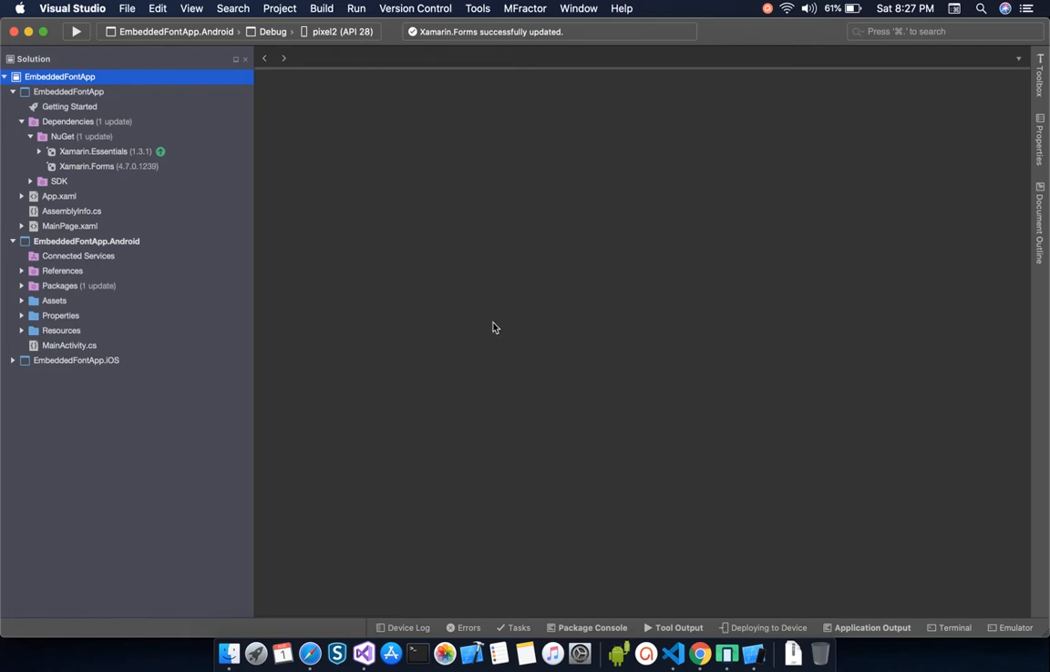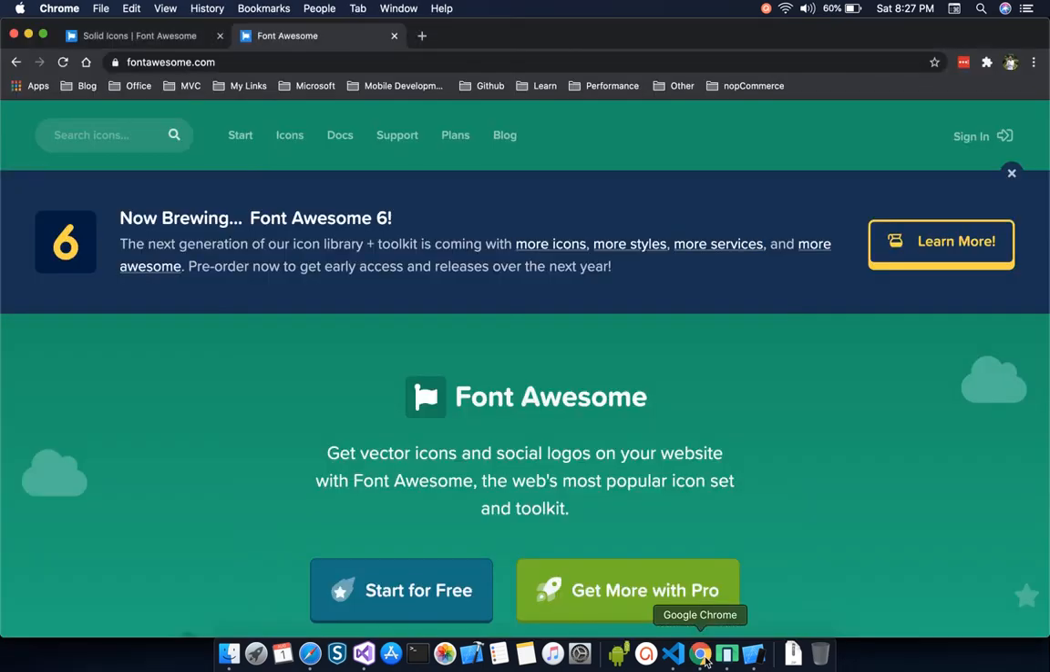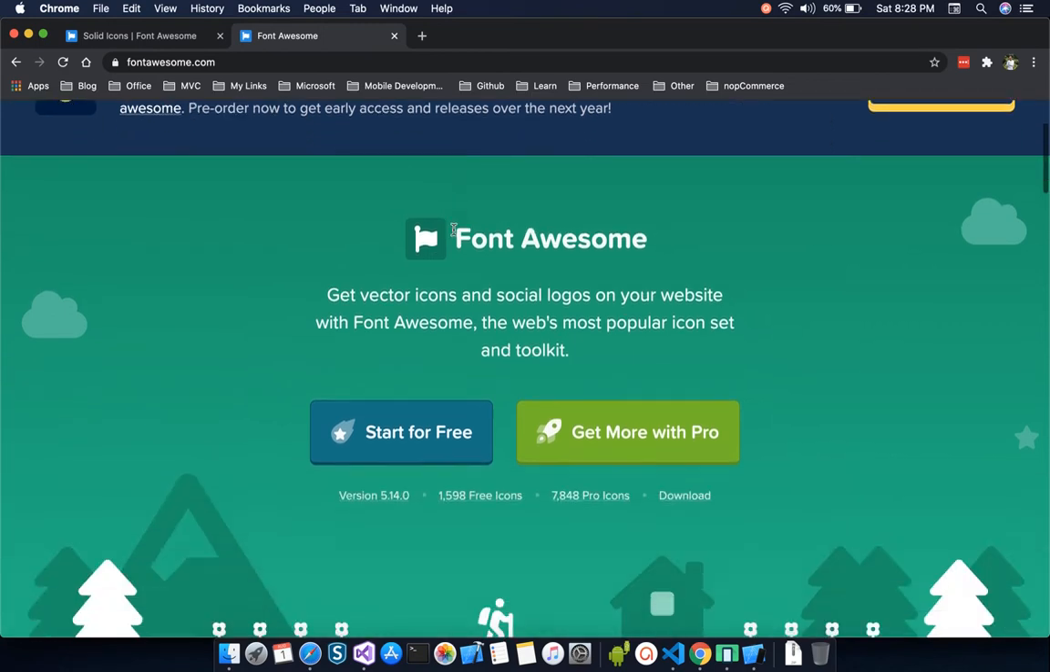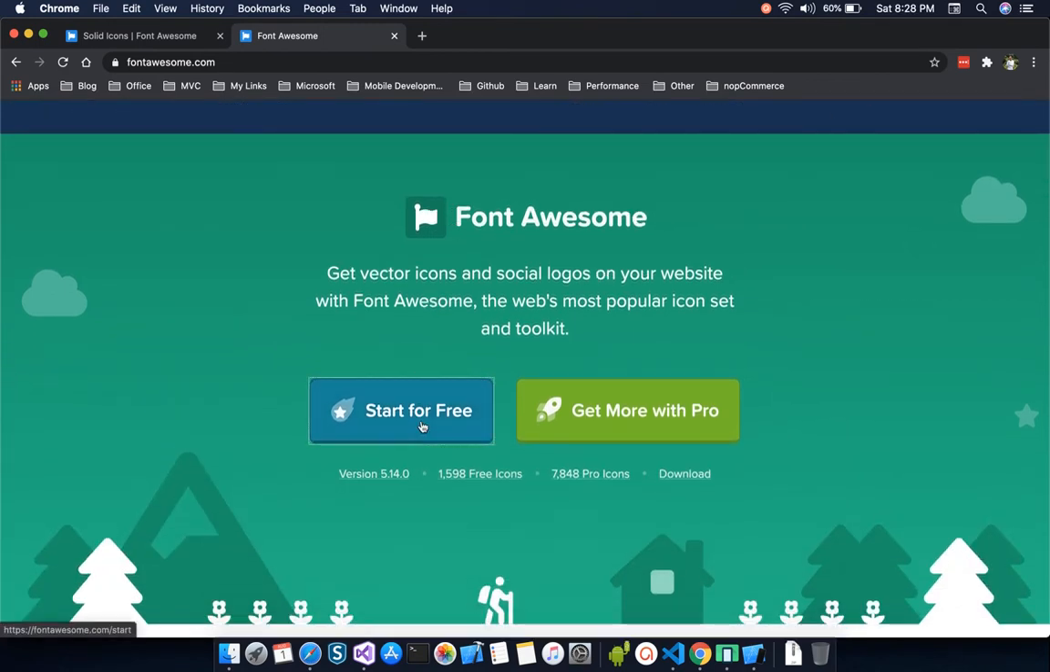Okay, now the next thing is we will need a font file. We will be using the FontAwesome's icon to display in the Xamarin Forms project. So let's go to the FontAwesome site to download this font. This is the home page of the FontAwesome.com. We need to click on start for free,